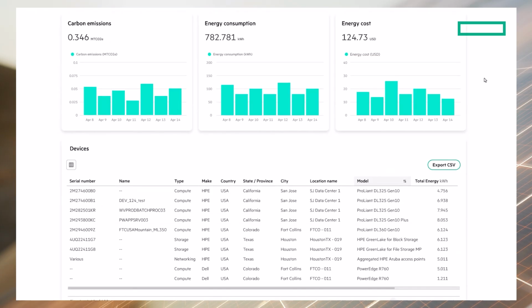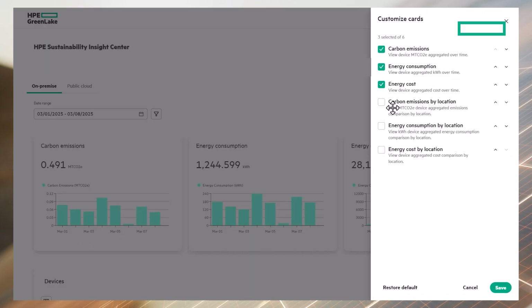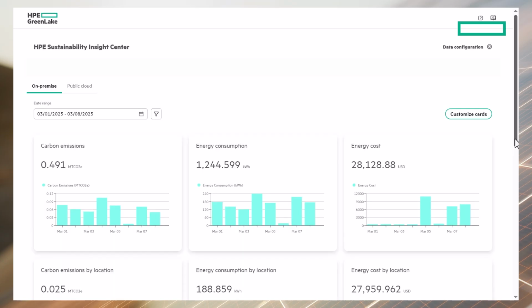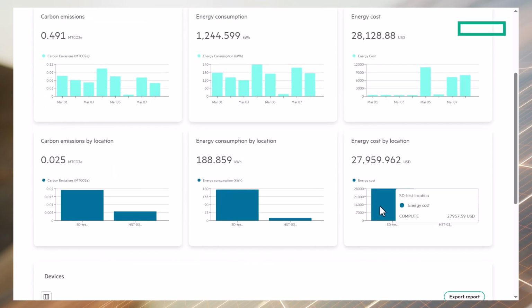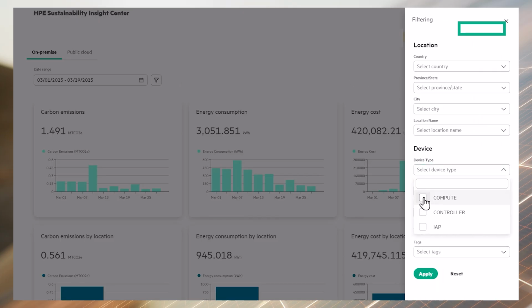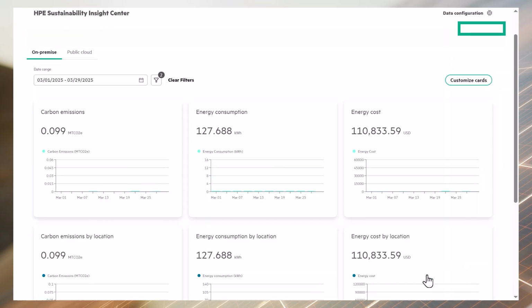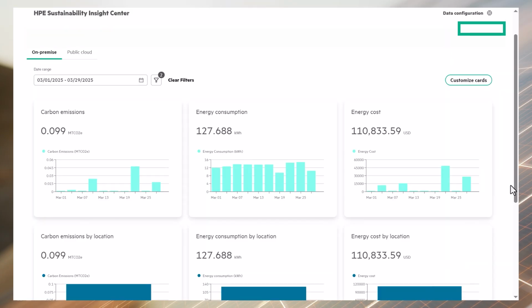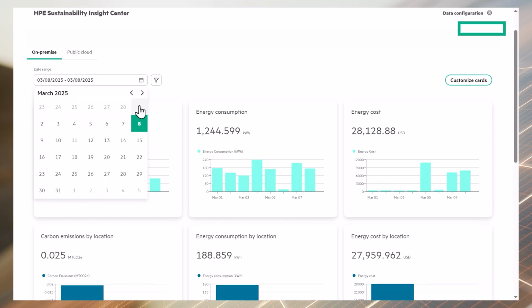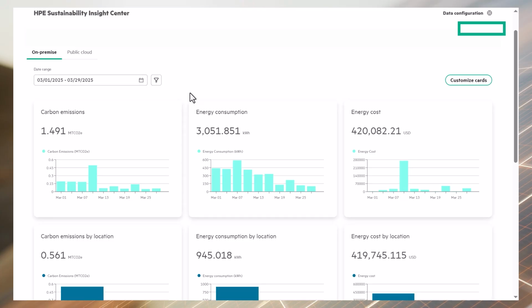These are the default graphs. However, you can customize what graphs appear on your dashboard, including aggregated based on locations. You can hide the graphs that are less meaningful to you, and you can even customize which order they appear on the screen. To help you isolate usage trends, you can change the date range to focus on weeks, months, or on a specific date range.